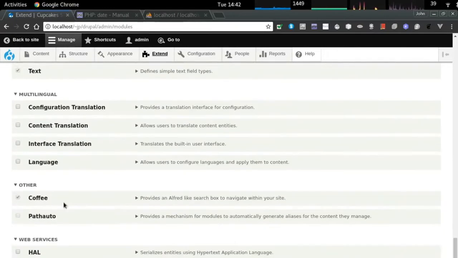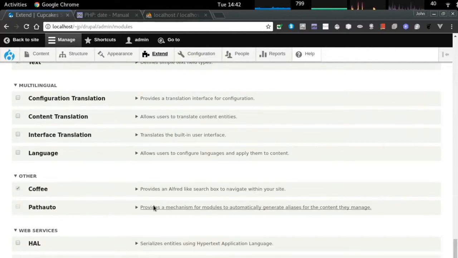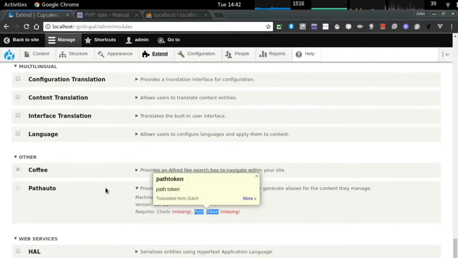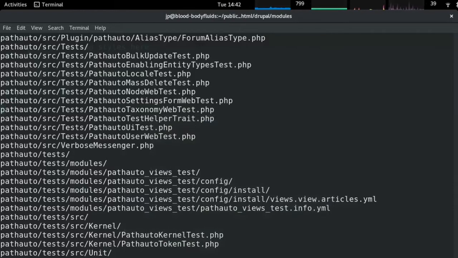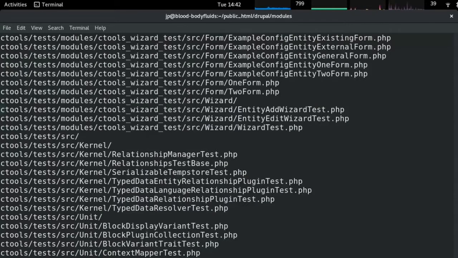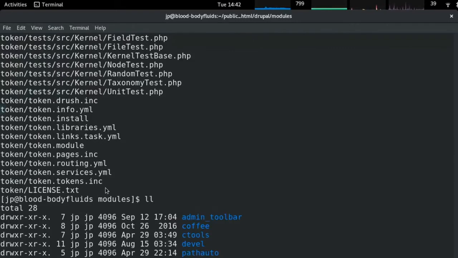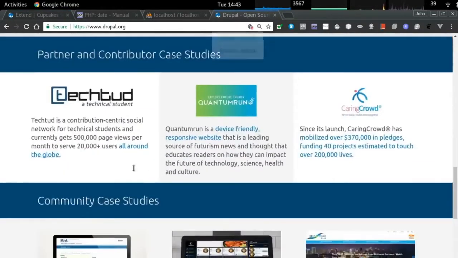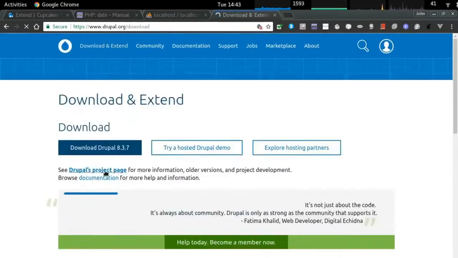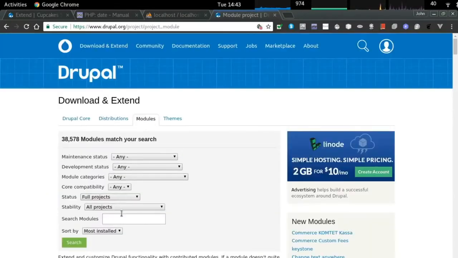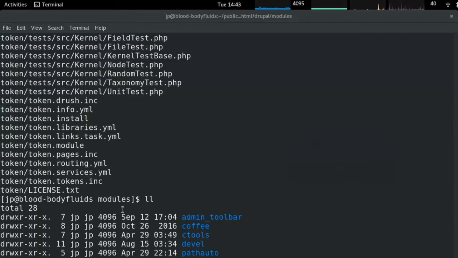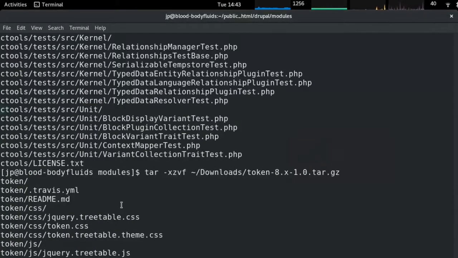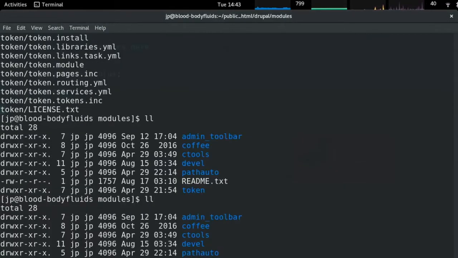If you're in a multi-language environment, you might want to choose some of the multilingual modules, but in this case I won't. So Path Auto is not too bad because you can set a friendly URL when you create your static pages. So I'm just extracting out, you can see here, CTools tests, token tests, and they will all represent different pieces of modularity. So Path Auto needed an extra module, so I'm hitting